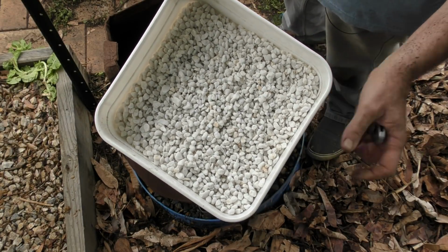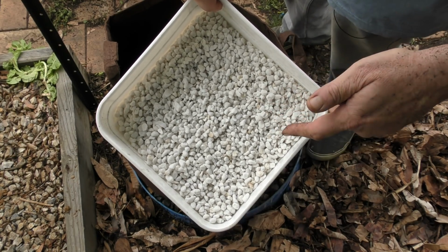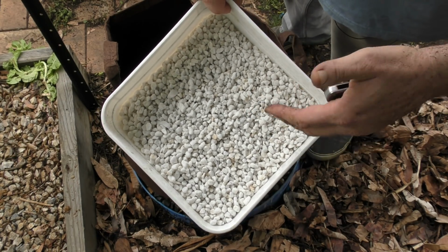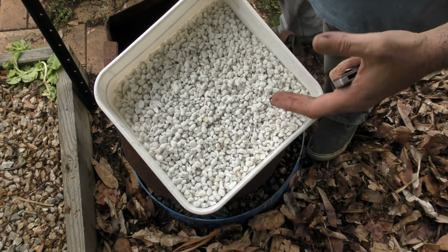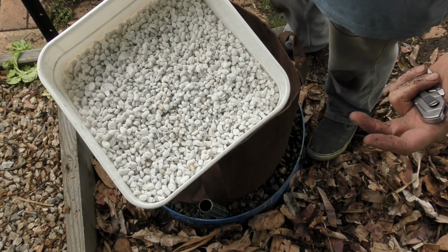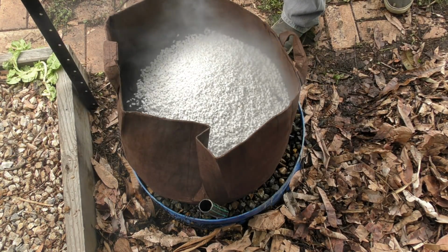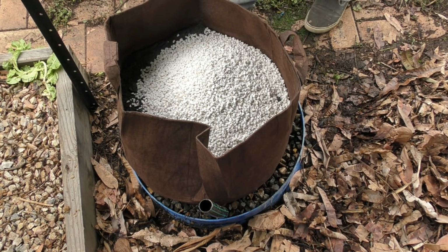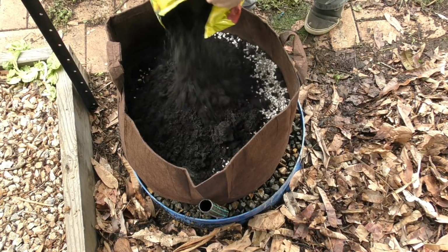Now do be careful when you're working with perlite, especially in enclosed areas like greenhouses and hothouses. The dust it releases can be rather bad for your lungs if you're breathing it in all the time. I'm out here in the open. From the position I'm standing in, the wind's going to take the dust away, so I'm not too concerned about it myself. On top of that, I'm adding about the same again of the compost, the commercial compost,